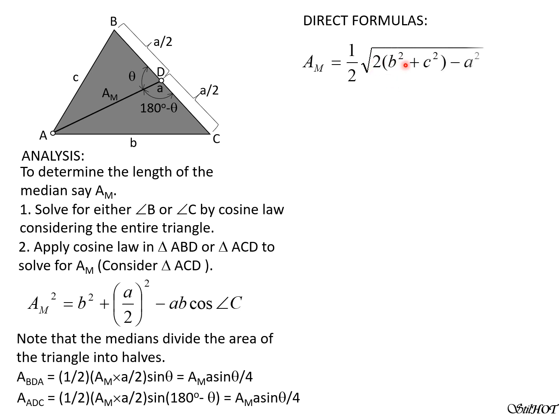You may rather distribute so that you can easily recall. So 1/2 times 2b square plus 2c square minus a square. You just pattern that formula. Then b sub n here is 1/2 square root of 2 times the quantity a square plus c square minus b square, and c sub m is 1/2 square root of 2 times the quantity a square plus b square, close, minus c square.